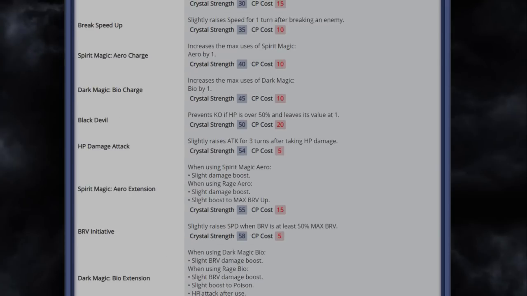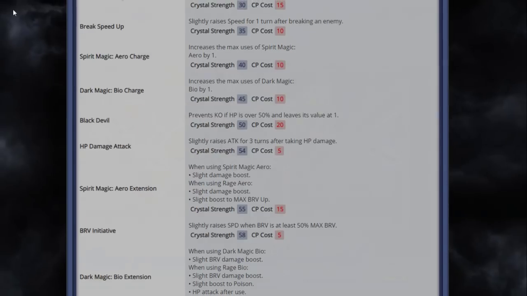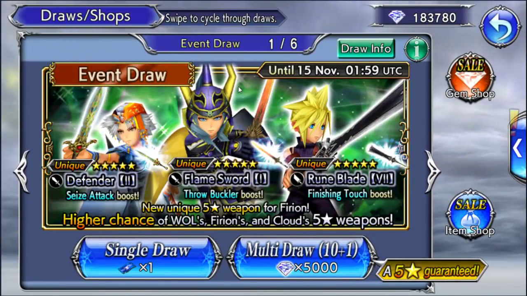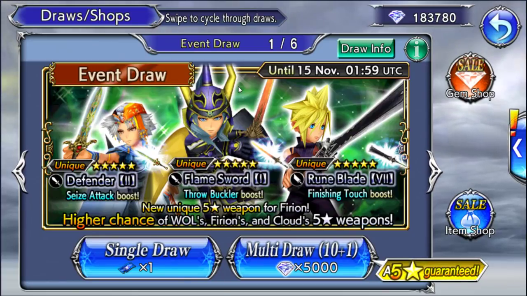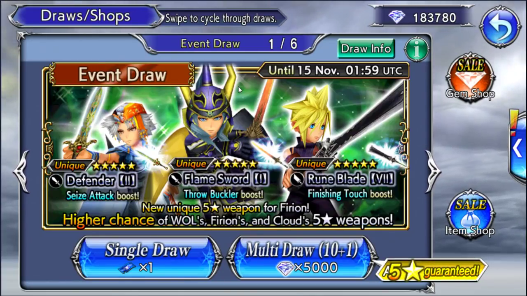Her rage bio becomes brave plus HP. Not that we will be able to get them to level 60, but it's a thing to consider while thinking about who to take up to level 60, which brings us to